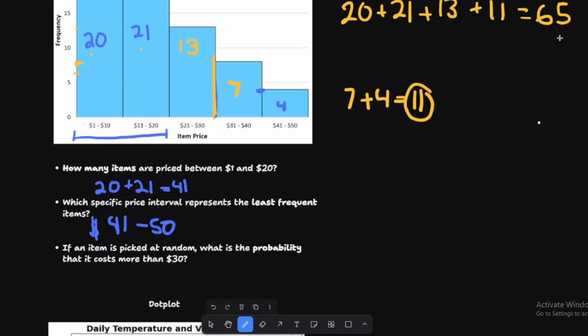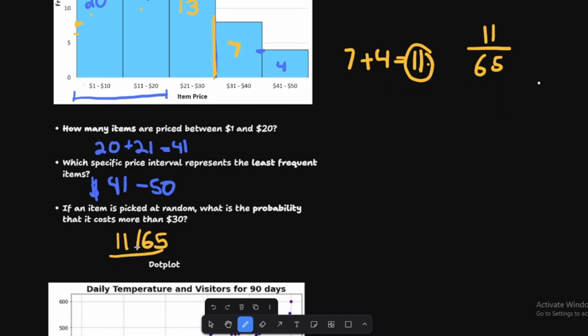Alright, so that is going to be the total amount of data points. So now we take this number, which is the amount of points above 30, and we divide it by that to get the probability. So the probability that it costs more than $30 is 11 out of 65. So now let's move on to analyzing